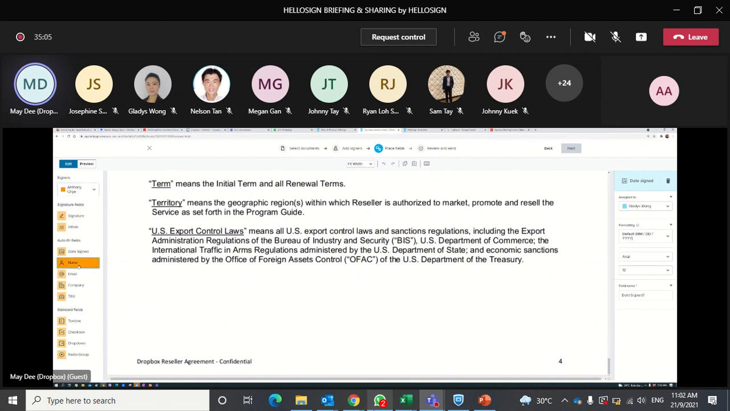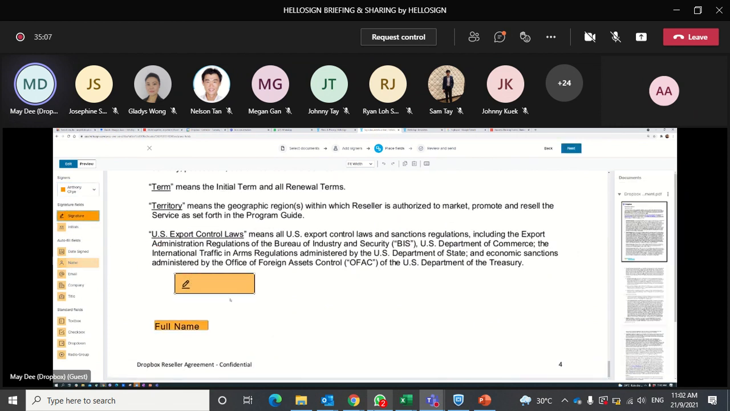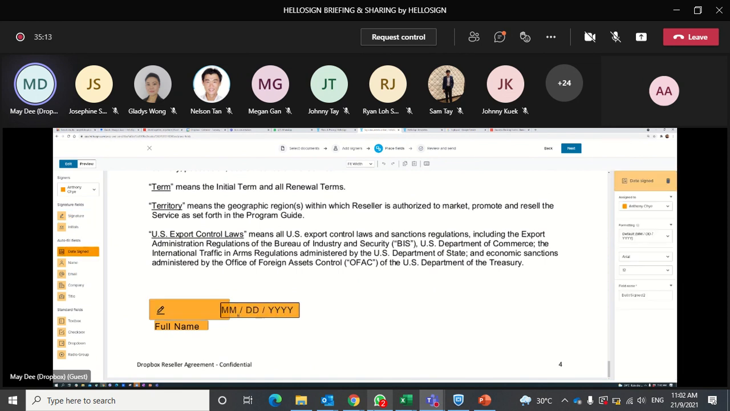So as you can see, there are different colors, right? It's easier for them to know when they need to sign. Okay? And of course, you can have a context box if this will be a form,